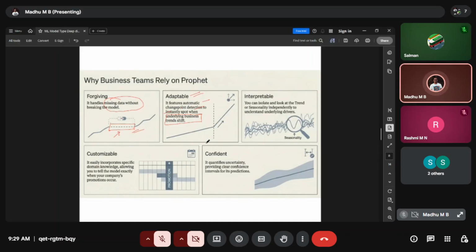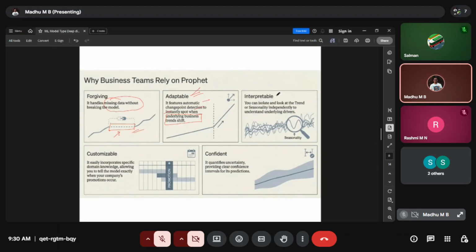Over time, the model will understand the usage pattern and tell us that the consumers are slowly moving towards higher energy consumption. Based on that, we can increase the energy production also. So this is where adaptability comes into the picture. It will detect the change in the trend.